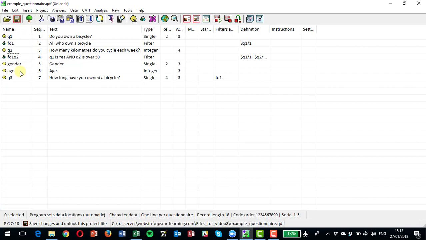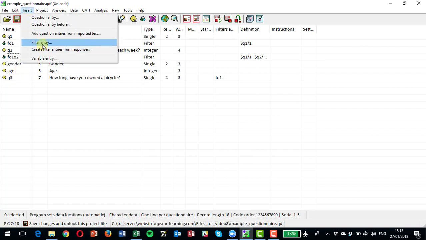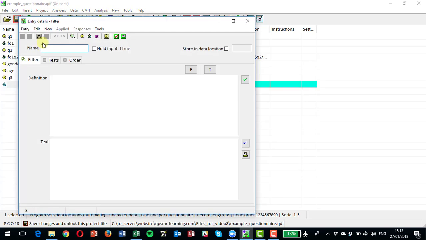If you think of the logic, it would be something like male, gender 1, which is male, and age greater than 50, or, but with a bracket around the first bit, female, which is gender number 2, code 2, and age greater than 60. So let's try and specify that filter and see how it looks. Let's put another filter entry in. So we'll call this